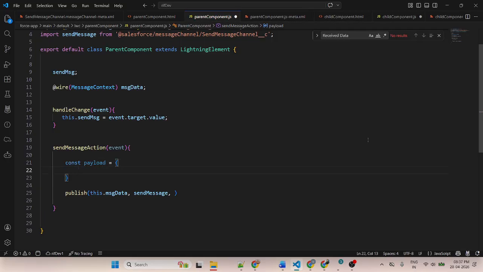Here I am creating an object, sendData colon. This is a message. So I will get the value from here. So this is a key, this is a value, and this is an object. So this payload I will pass here.